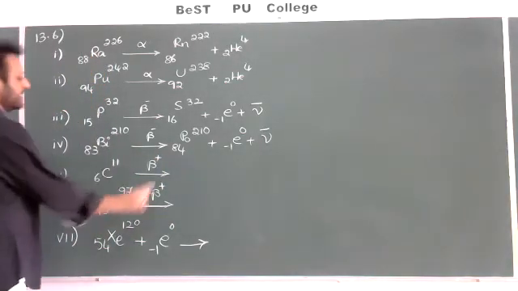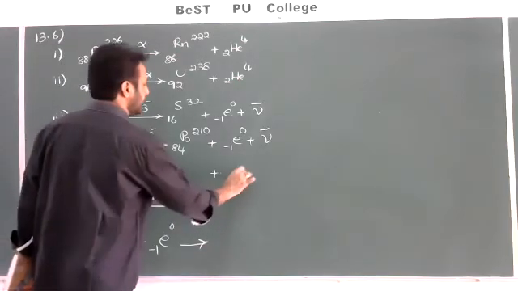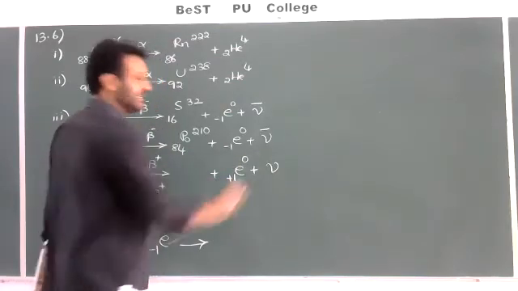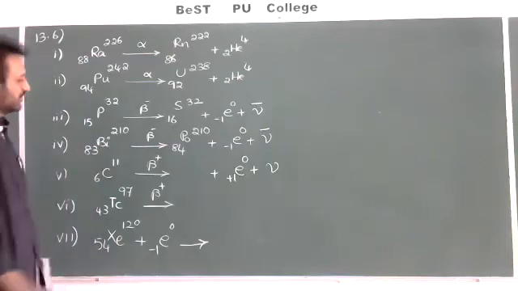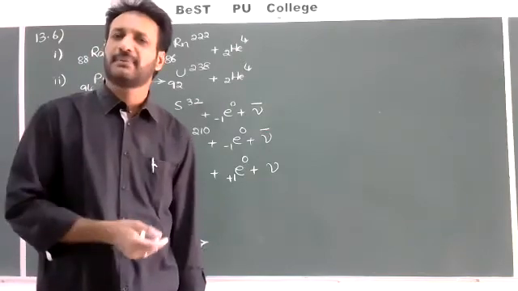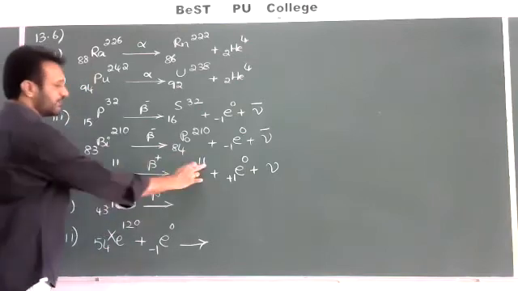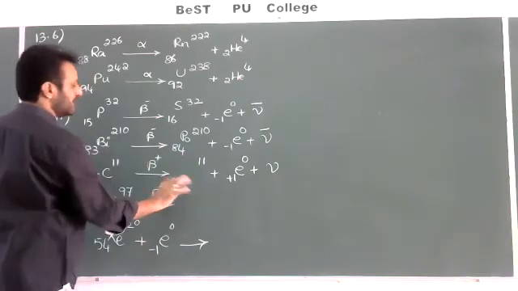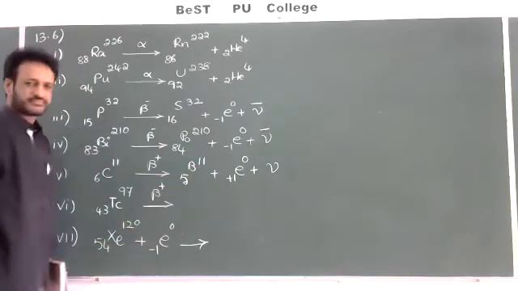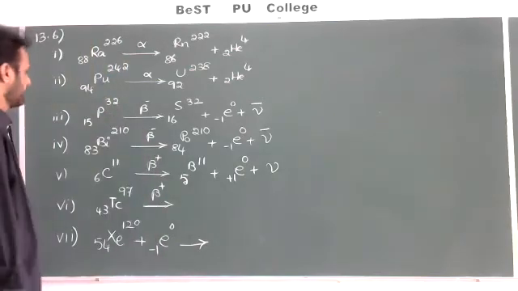Next, carbon is emitting one beta plus particle, a positron. Beta plus means you should write E +1 0, but a positron is always accompanied by a neutrino. Now whenever a radioactive nucleus emits a beta plus particle, what happens? No change in mass number, so write 11 as it is. But what happens to the atomic number? Plus 1 means it becomes minus, so 5. What is 5? Boron. With atomic number 5 and mass number 11, that is boron, you should write.